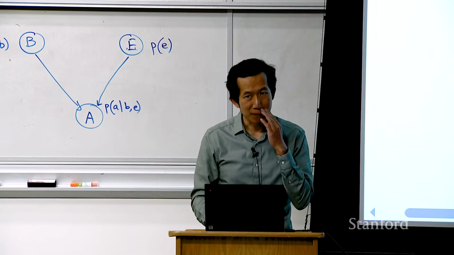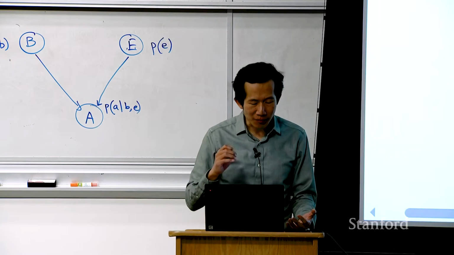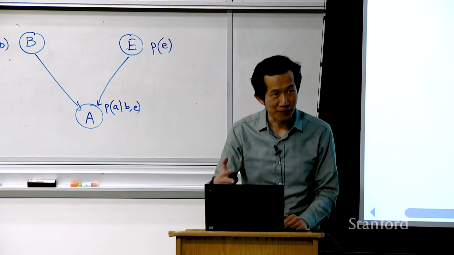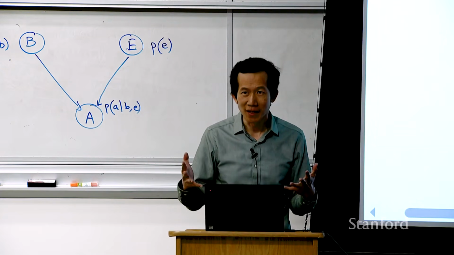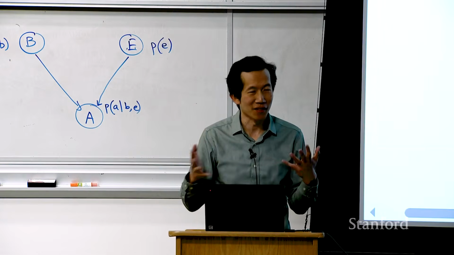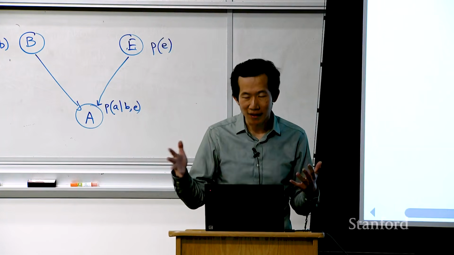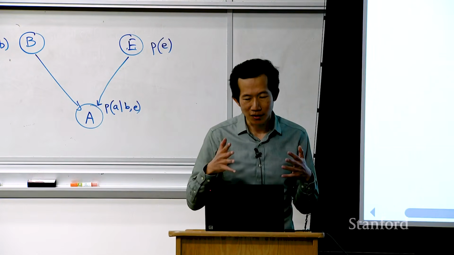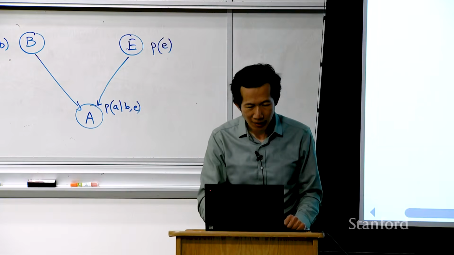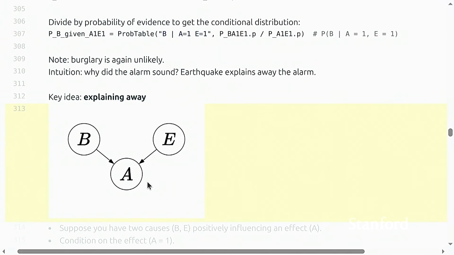And the reason why I think Bayesian networks are powerful is that people before really nailed these things down probabilistically. They had all these heuristic ways of reasoning about uncertainty, and they were all inconsistent and kind of broken. Only when you lay down mathematical clarity does it make sense. Okay, so this idea of explaining away is actually quite general and powerful, and it's a defining feature of a Bayesian network.